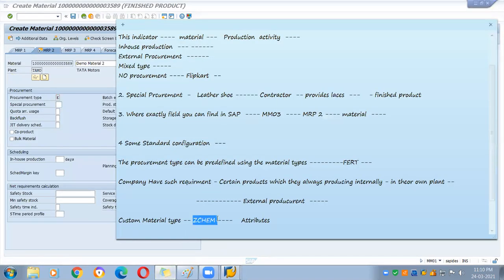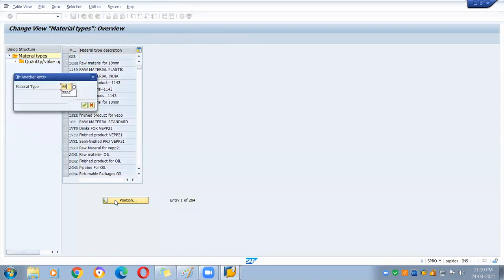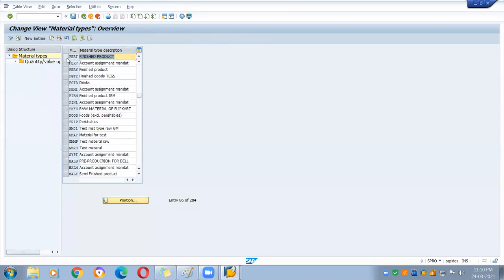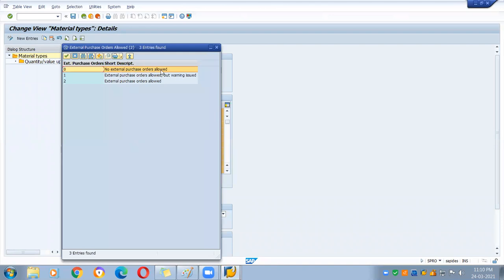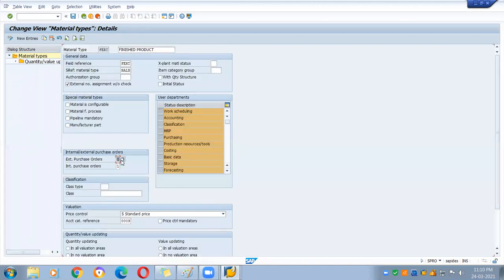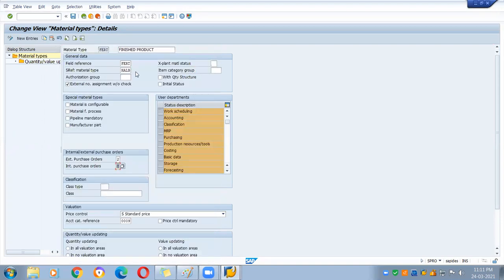Okay, this one. And in that attribute section, we are going to select this option as 0. That is, no external purchase order allowed. Similarly, if you want, let's see, if I am selecting it back, the other option is that internal purchase order is not allowed. So in-house production will be restricted. If I select this, okay, and save it,